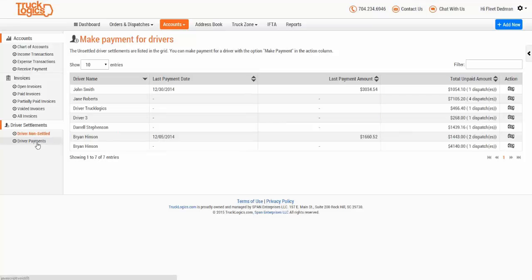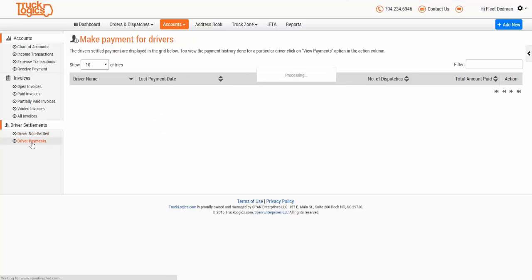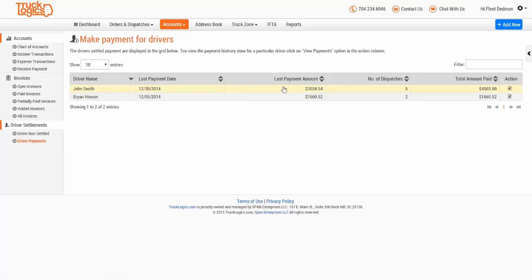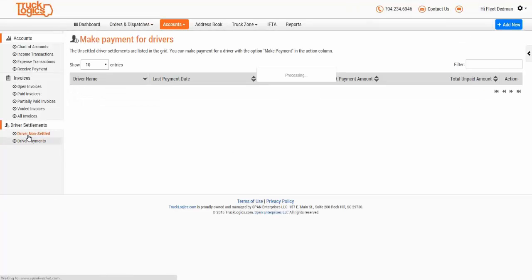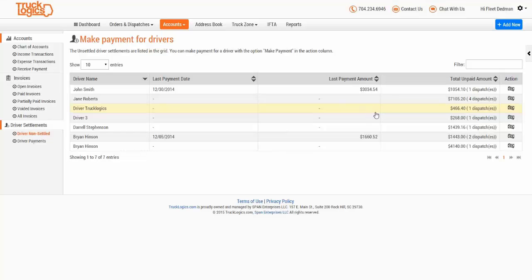And you can also see the payments that have been settled under driver payments. You can see your driver's name, last paid date, amount, and how much you actually paid them. So let's take a look at driver non-settled for now. So let's say we have Jane here. She has 4 unsettled dispatches. So if I go to a little dollar sign here,